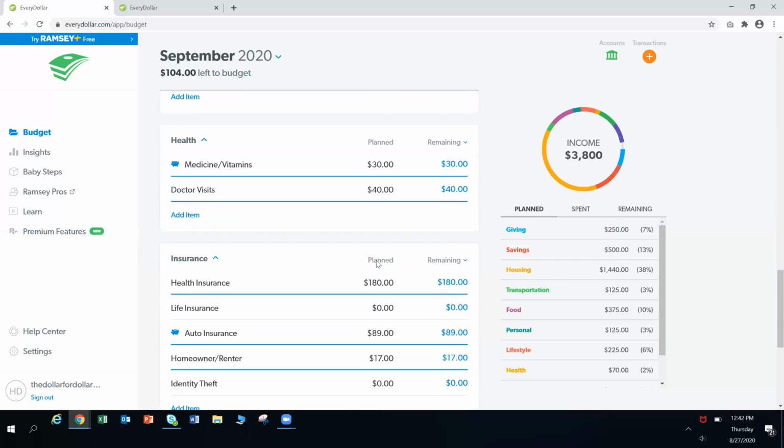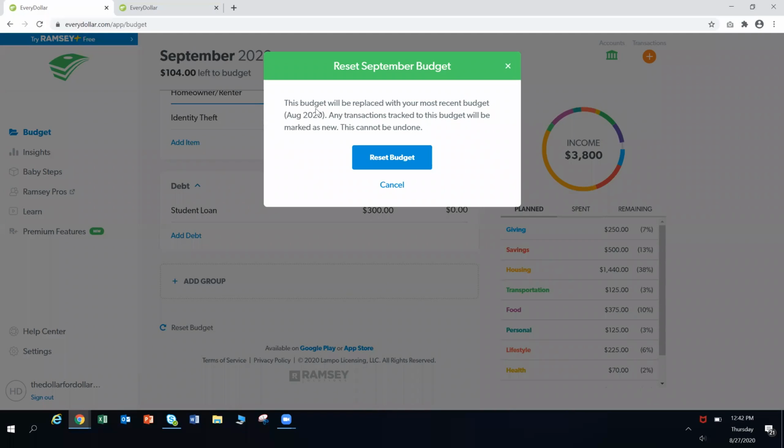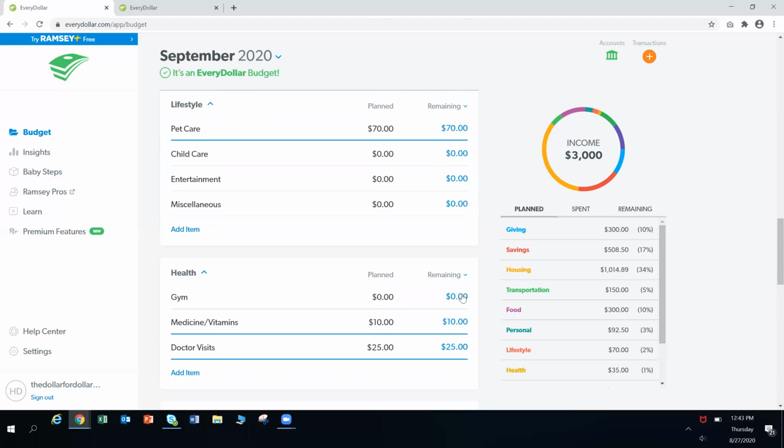Now, if you don't like it and you think, oh, well, it's really far off from the previous month, and last month was a fluke, but September is a more standard month for me, you can actually go in here and click this reset budget. I would not recommend you do that lightly, because I will show you. It will tell you, hey, I'm going to replace everything in here. Any transactions that have been here, you're going to lose them, okay? So we're going to click it. And you will now see